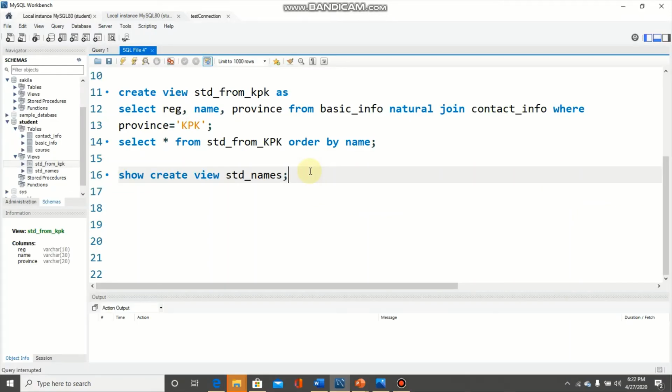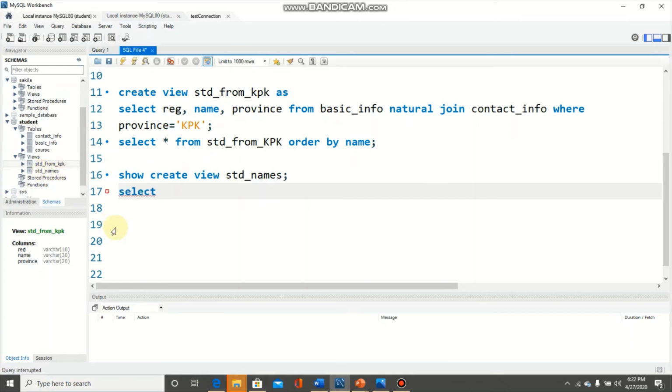Now we will alter a view. Simply we can say that we are updating a view. We will change the query inside a created view. So here I need to check the result for std from KPK.